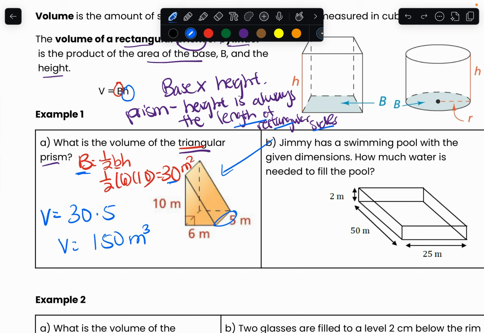So in a rectangular prism, it doesn't matter what you take as base or what you take as your height. It does not matter. With a rectangular prism, it's pretty easy. All you have to do is multiply all sides together. So it'll be 2 times 50 times 25. If you want to imagine it with the base and height that we have in the formula, you can imagine that the 2 times 50 is the base of my base, and then the 25 is my height. But like I said, in a rectangular prism, it does not matter. You're just multiplying everything together. So I will do 2 times 50 times 25, and my answer here will be 2,500 meters cubed.